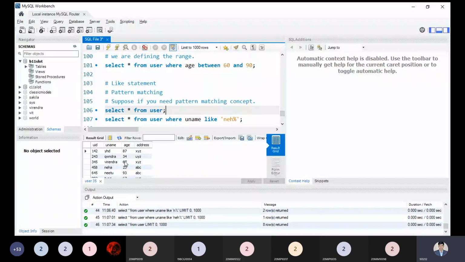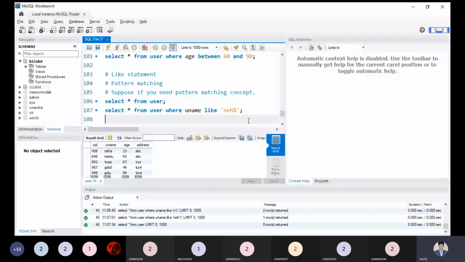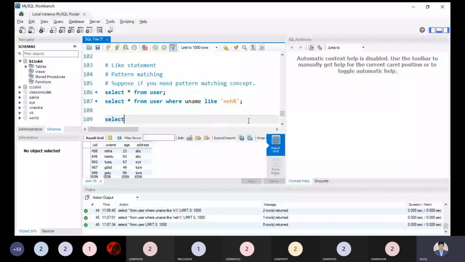Okay, so I'm just doing something very simple. I need to select all records from the user table where address LIKE. So the first value could be anything we don't know, but in between, if there is a y coming and we don't know about the last.